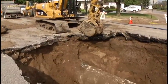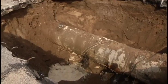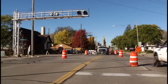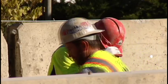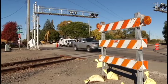The pipe is about 50 years old, but officials with the Joint Water Commission say there's still plenty of life left in the old pipe. Still pretty young in infrastructure type business. But engineers want to make sure there aren't any more issues, so they launched a number of tests. We're trying to take every precaution we can, so we can look for where possible